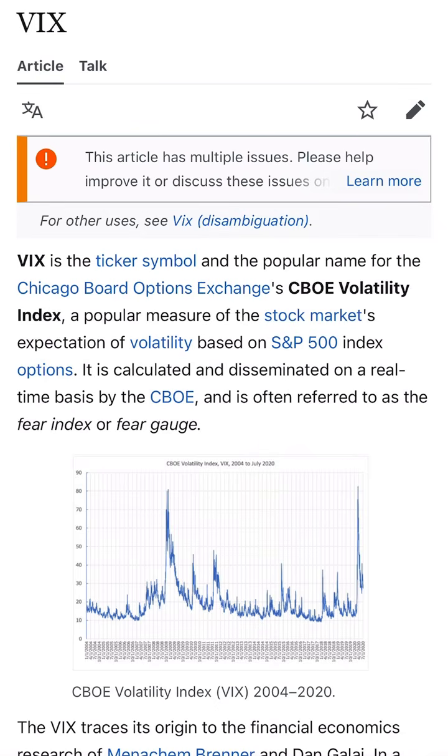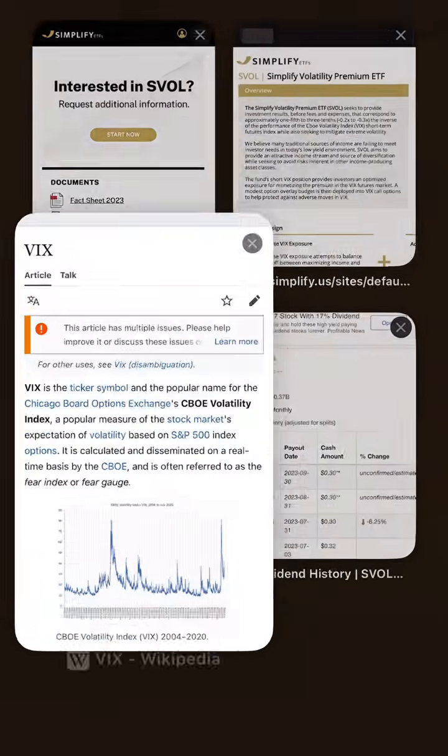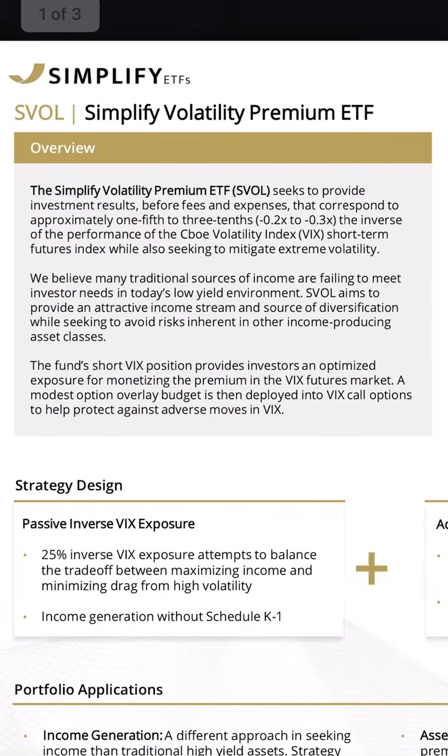The VIX is a ticker symbol that's a popular name for the Chicago Board Options Exchange, CBOE. It basically measures the volatility of the S&P 500. The VIX is not an actual stock ticker, but it's, I'll say, an index that other ETFs can base themselves on, like the CBOE. But long story short, the VIX is the volatility based on the S&P 500 index. So if we go back to the fact sheet,